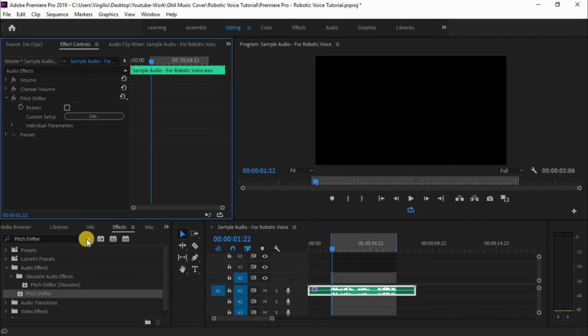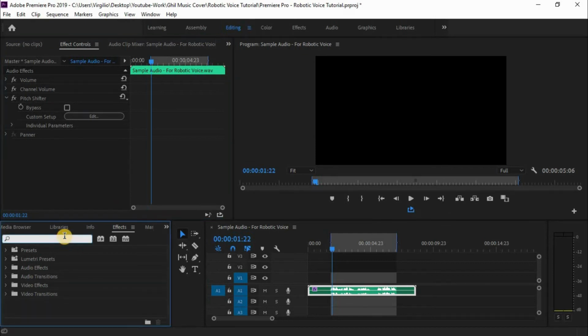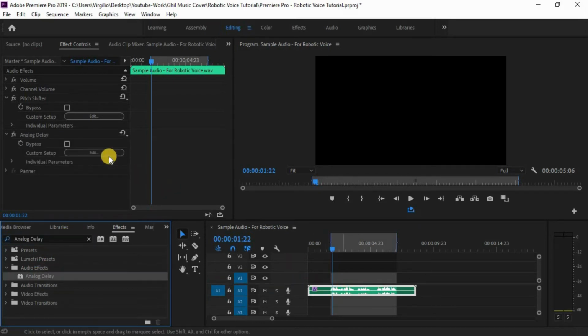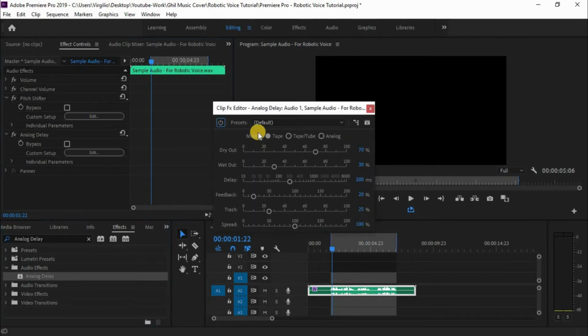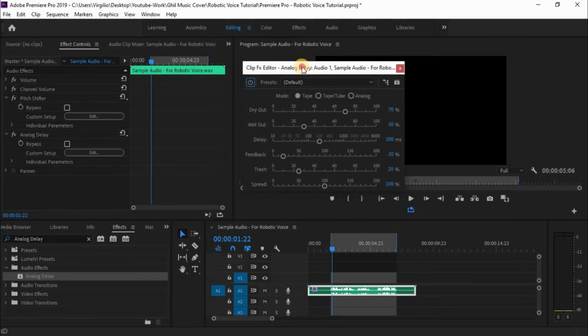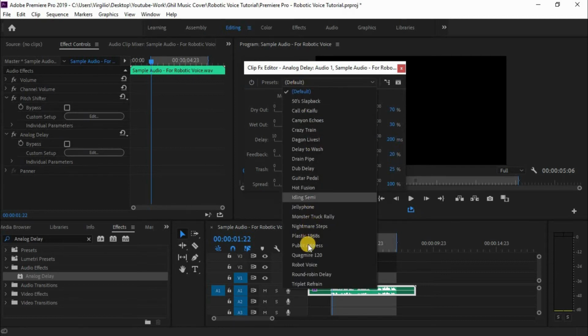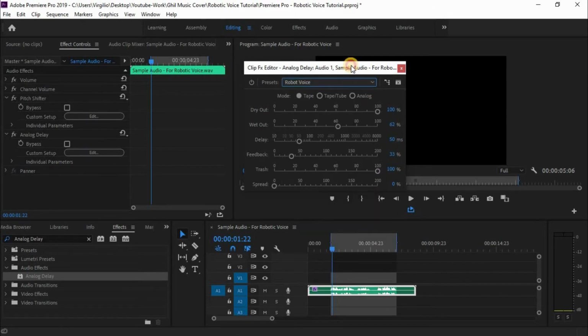Next, mag-add tayo ng analog delay. Drag lang ulit. Edit. Mamili tayo sa presets. Piliin natin yung robotic voice, robot voice. Ngayon, i-try natin i-play